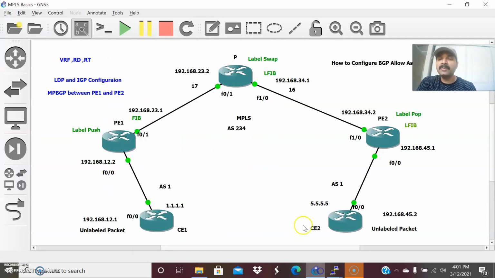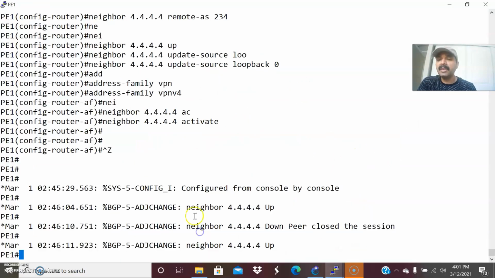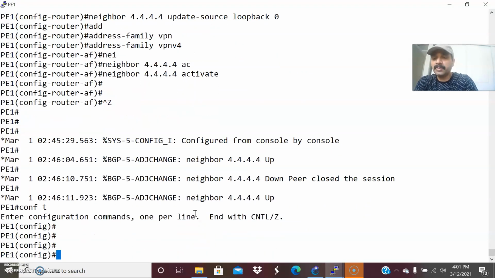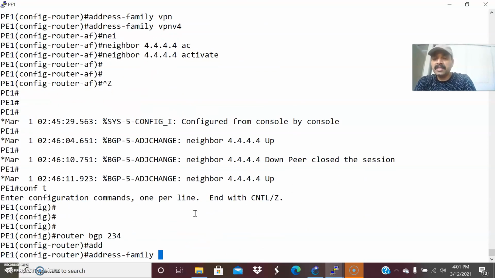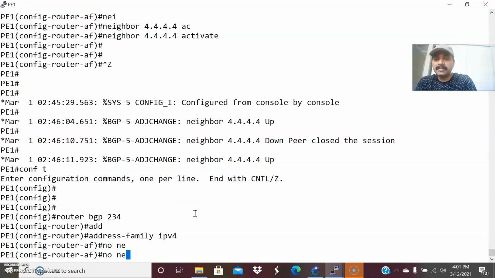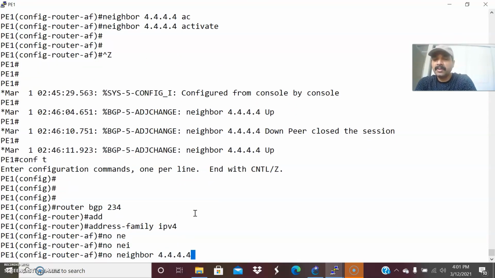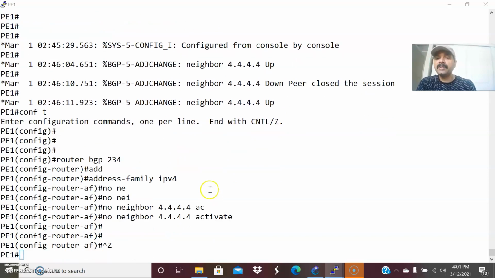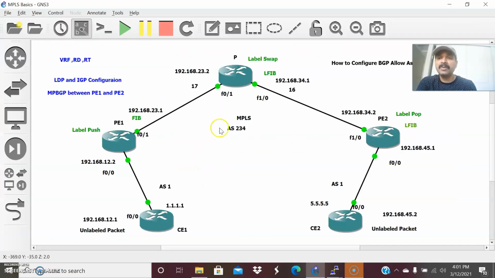Now one more thing is pending. I have to remove the IPv4 neighbor, since I'm activating only VPN v4. Go to configuration mode, router BGP 234, address family IPv4, no neighbor 4.4.4.4 activate. Why? Because I'm not using IPv4 between these two, only VPN v4.